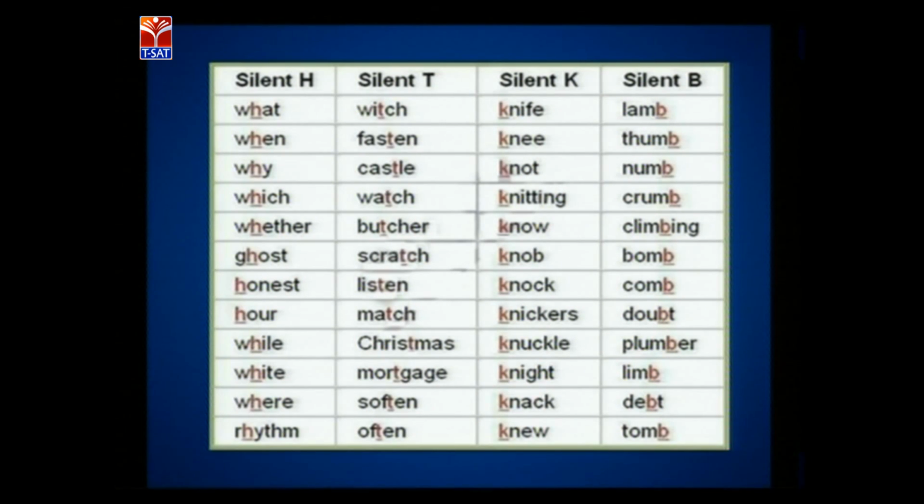Silent letters, see, this is where the H is silent in all these words: what, when, why, which, whether, ghost, honest, hour, white, where, rhythm. T is silent here: fasten, castle, watch, butcher, scratch, listen, match, Christmas, mortgage, soften, sometimes both are acceptable,